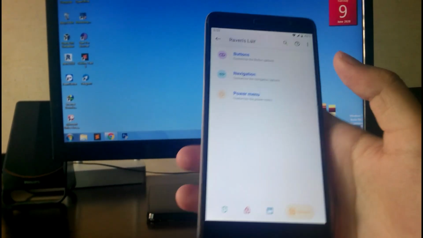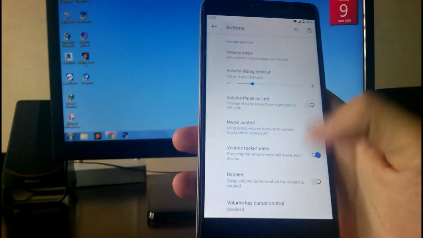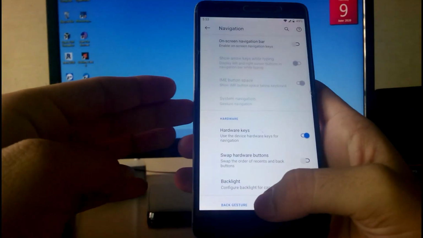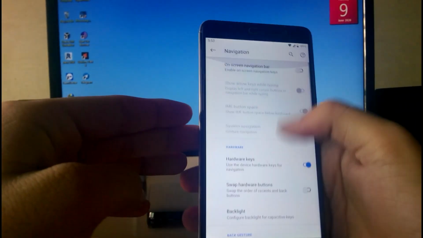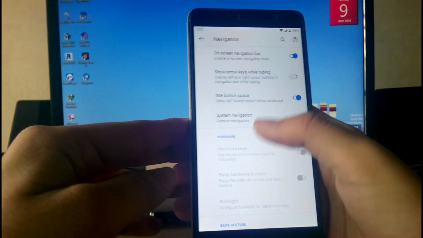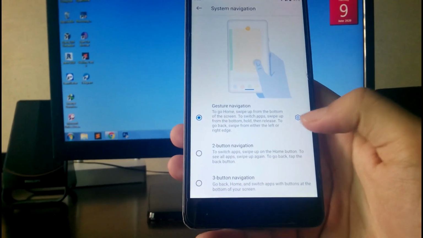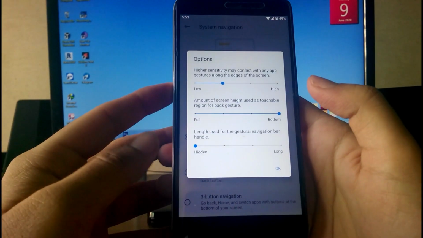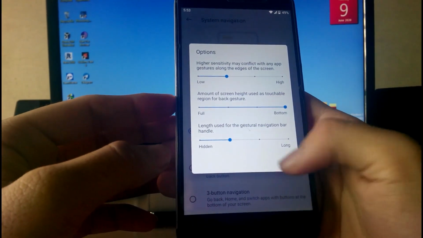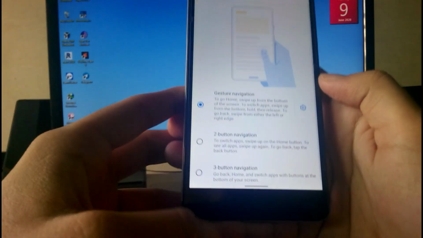Then going to this, here is the hardware customization like the buttons. Then in the navigation bar, you get this on-screen navigation bar, but the hardware buttons already work. You can turn it on from here, but then the hardware button just turns off. Then in the navigation, you get this gesture navigation, 2 button and the 3 button. Then in this settings, you get these options like if you want the gesture pill to be hidden, or you can just see it, or adjust the size of the pill, as you can see here.